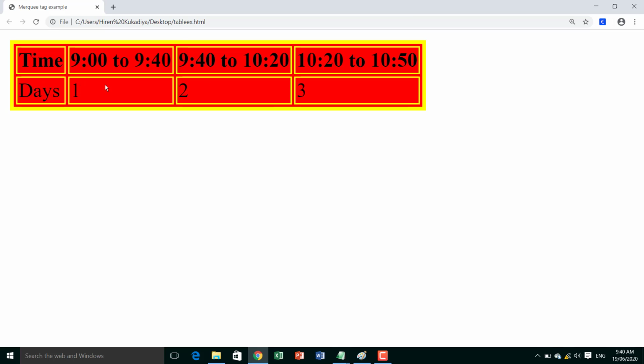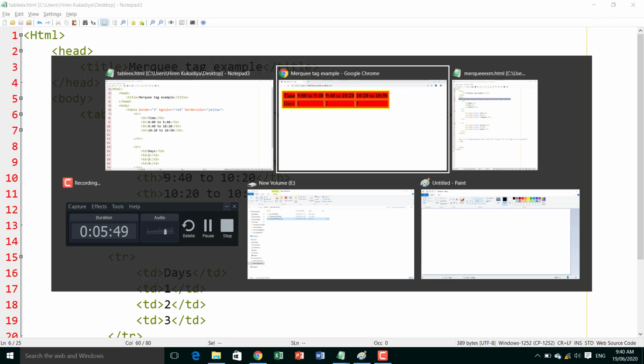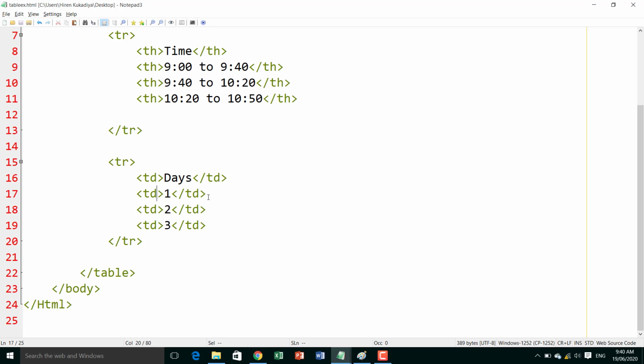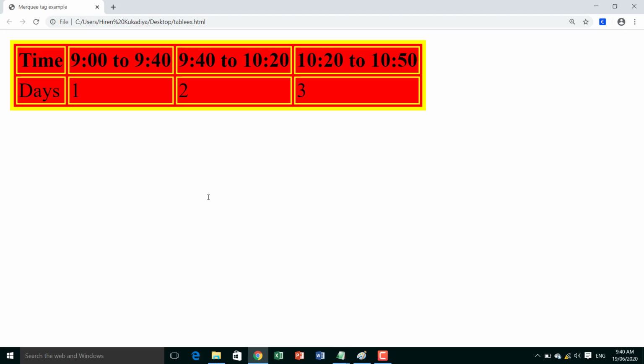Understanding the border. Okay, now see, in this table the first is on the left side, second is on the left side, third is on the left side, but we want the center. Okay, these are all attributes to put in the center. Then how can we keep the center? Like here, TD align equal to center. Okay, in all table data columns, and now we will save and run. So you will see all the 1, 2, 3 in the center. See, okay, so you will see the difference with align equal to center.